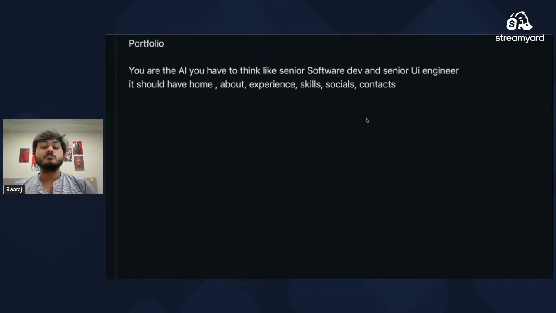So now we have just defined the section part.